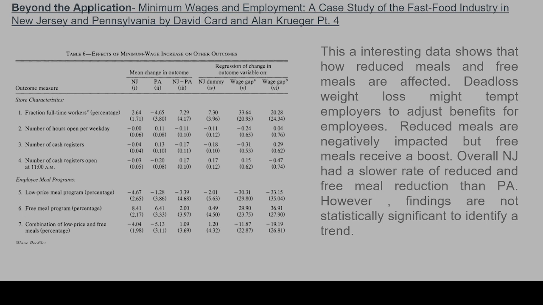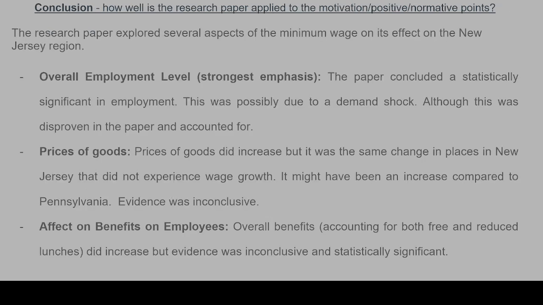Now, one way of gauging this is to see if there's loss of benefits for employees as a way to make up for deadweight loss for the employer. And as you see, when we combine reduced meals and free meals, New Jersey had a slower rate of reduced and free meal production compared to Pennsylvania. However, it was also mixed and not statistically significant, and reduced meals were negatively impacted, but free meals received a boost. So in conclusion,